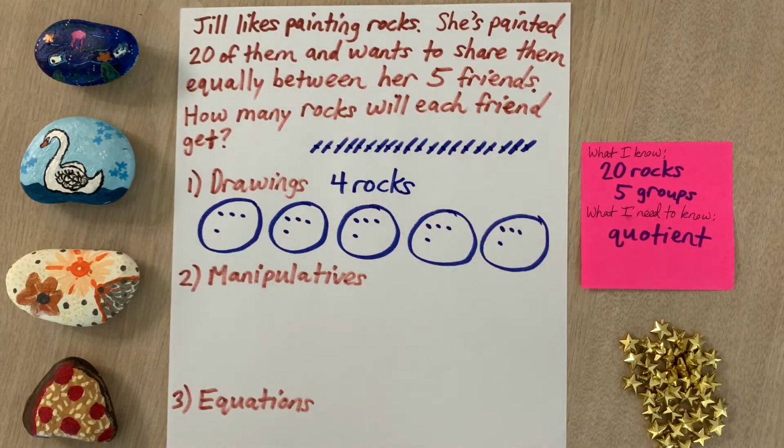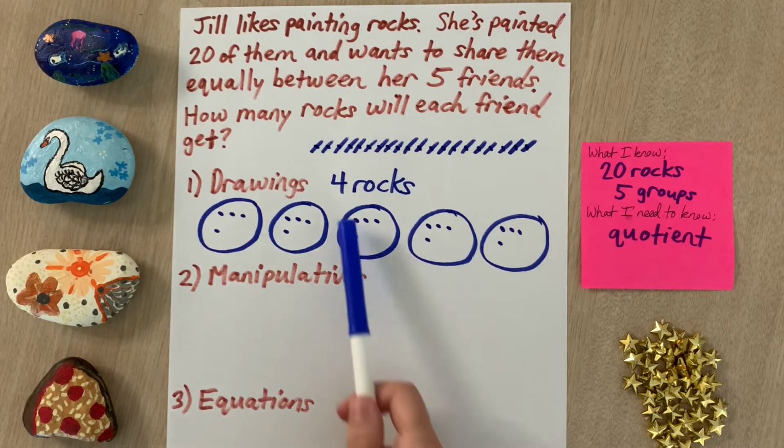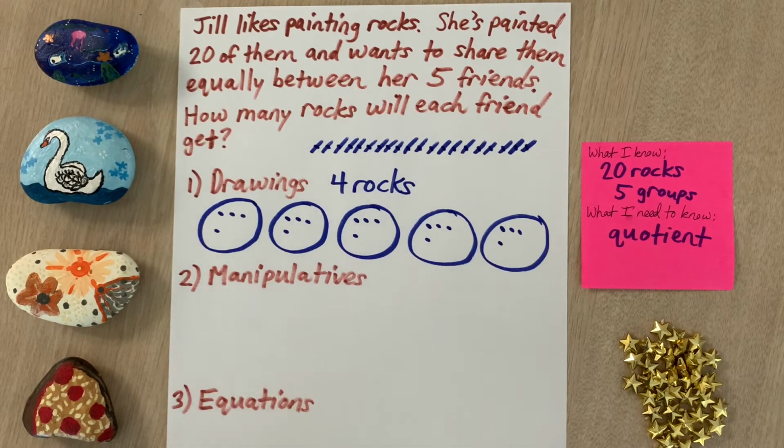All right. Now, reflecting back on the strategy of using drawings to find the quotient, do you think that this strategy was efficient, meaning that it kind of worked well for the problem? Or do you think that it was a little more complicated or harder than it needed to be? Well, I agree that it did get us the right answer. We did arrive at the correct answer of 4 rocks, but I think it was also a little bit inefficient